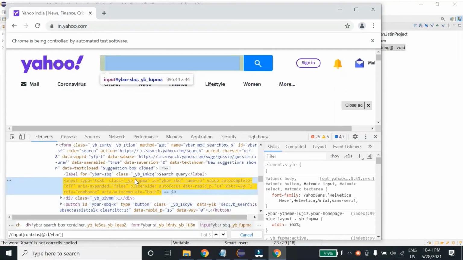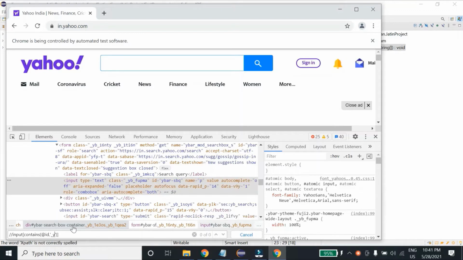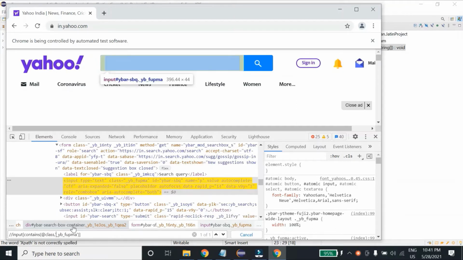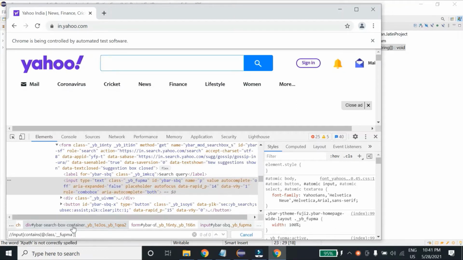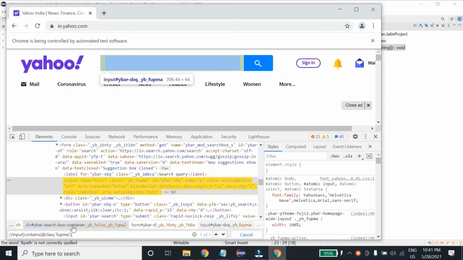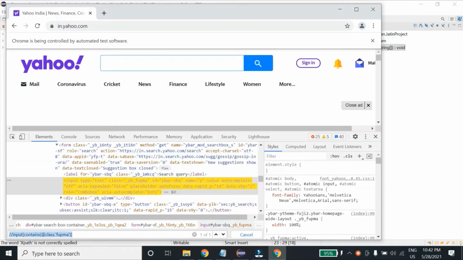Let me see this class name, YBFumpa, underscore YB underscore Fupma class. If I delete this underscore YB, so here you can see for this class name there is only one unique locator. So let's use this one.